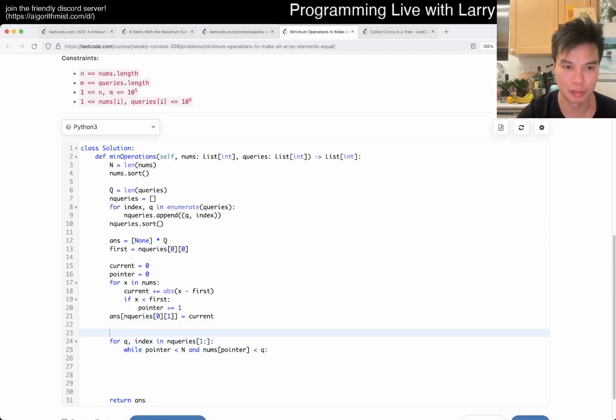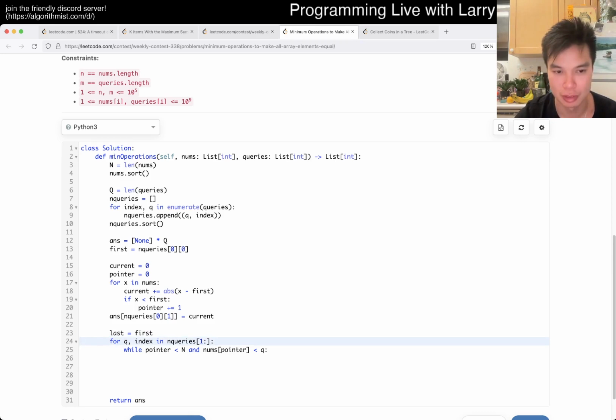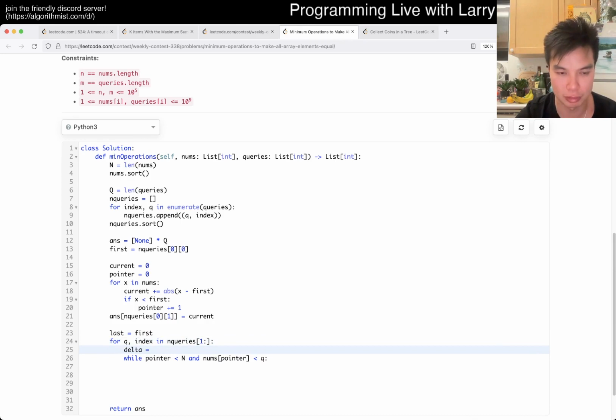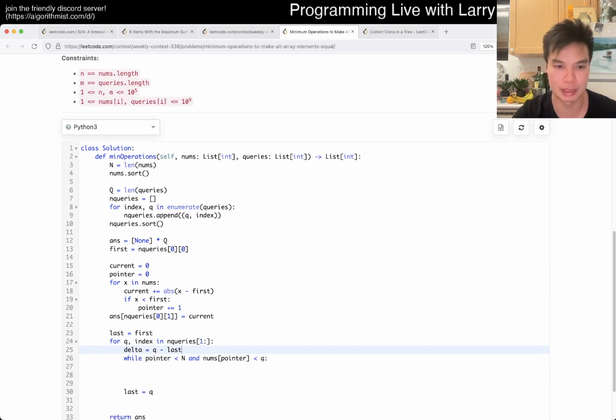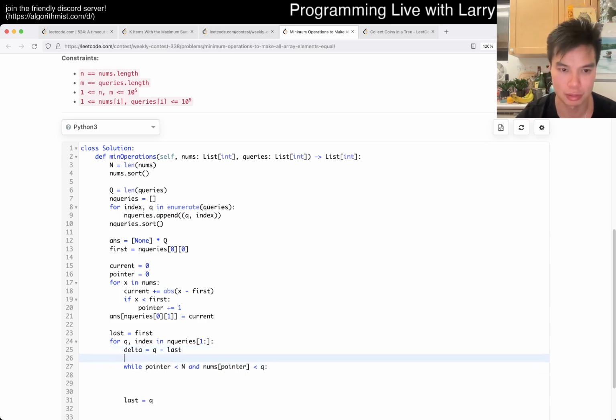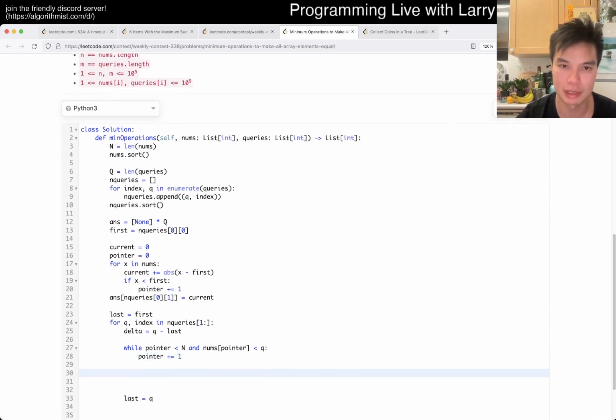Okay, so last is equal to queries of 0, or just first, I suppose. And then now the delta is going to be q minus the last thing. Last is equal to q, say. Put it at the end. And then basically, well, this is just pointer, and then basically